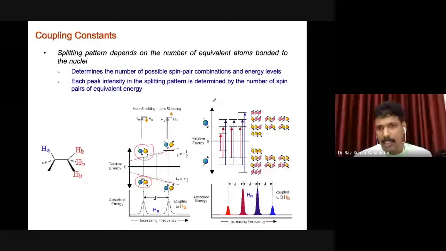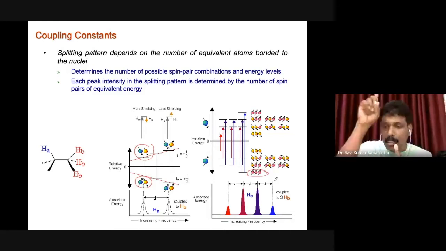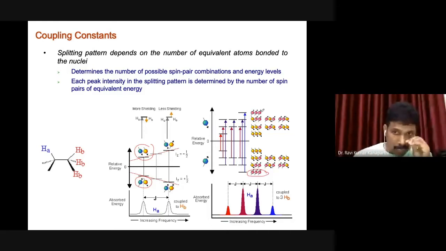But let us look at a slightly more complicated case, where you have three nuclei. Once again, in all these cases we are discussing half spin nuclei. If it is a spin one, then the discussion will be totally different, and all these diagrams will be totally different. So let us confine our discussion only to half spin nuclei. The half spin nuclei can be arranged in different configurations. You can see that all three can be pointing upward, along the field direction. That is one configuration. On the other hand, these spins can be downward.